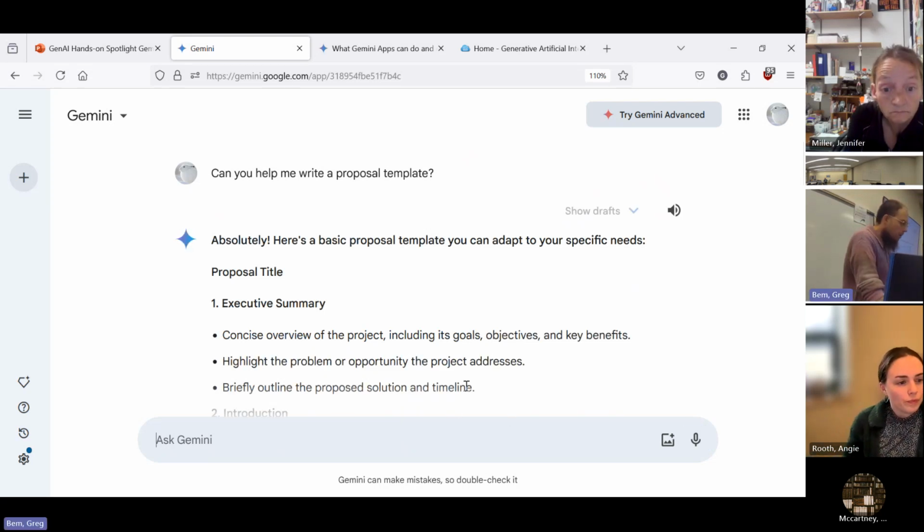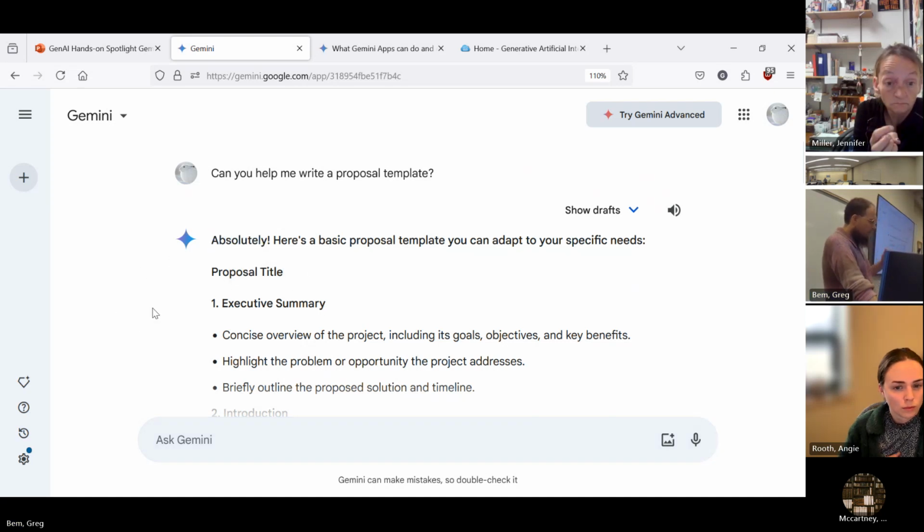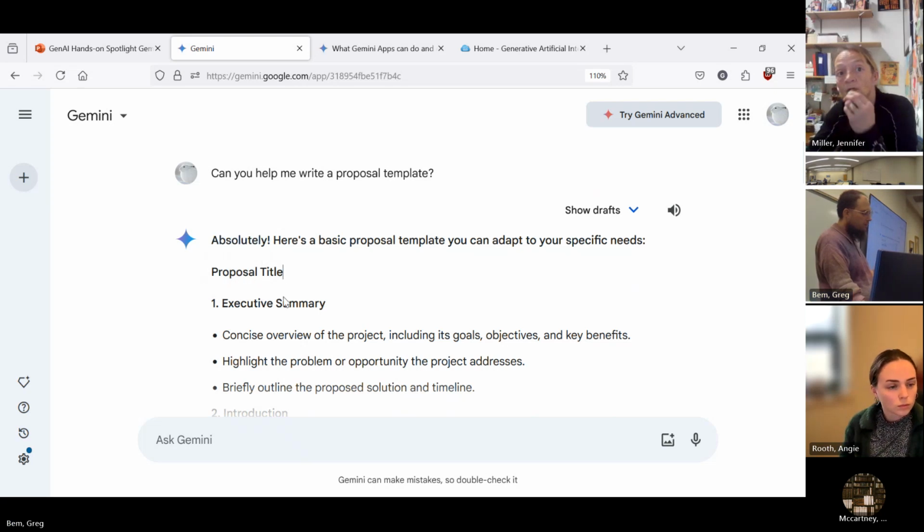So, unlike some other GenAI tools that are a little bit more, I should say, humanistic, human-like, often Gemini, I feel, is a little bit less personal, less personable. The tone is a little bit more professional and direct. So sometimes, though, you'll see the tone come out like here we have,